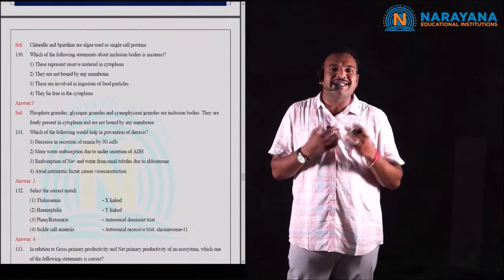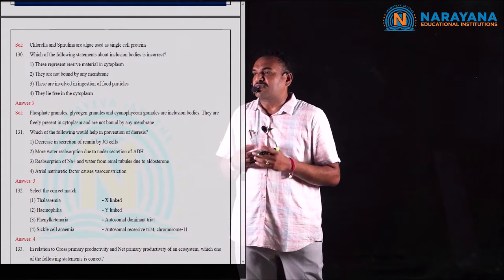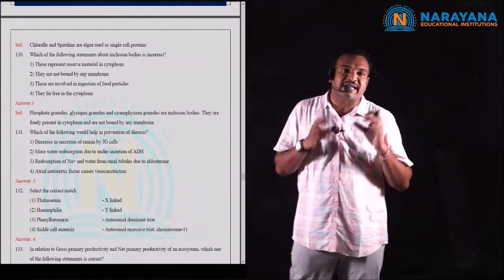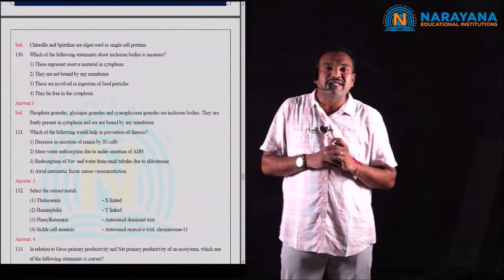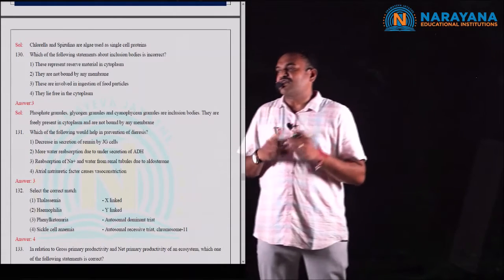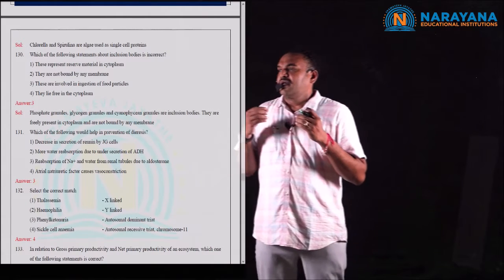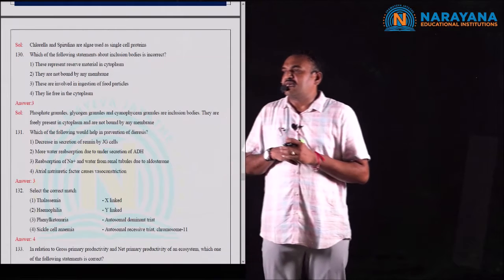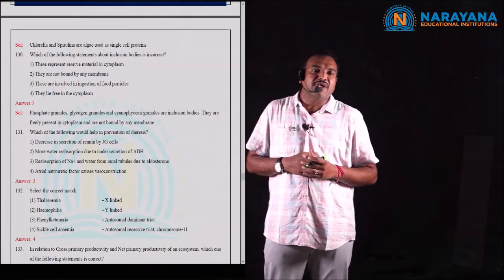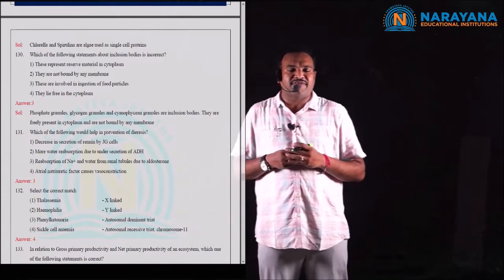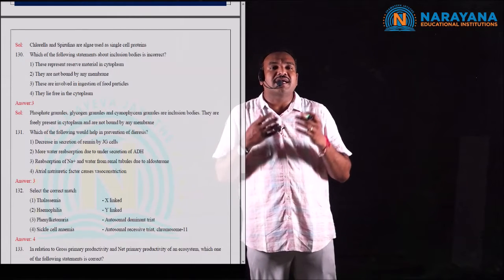Question number 130. If you observe question number 130, which of the following statements about inclusion bodies is incorrect? Students, you must be very careful. You have to observe that they are asking about the incorrect statement. And here the first option, these represent reserve materials in cytoplasm. Yes, inclusion bodies are present in the form of cyanophycin granules or phosphate granules or glycogen